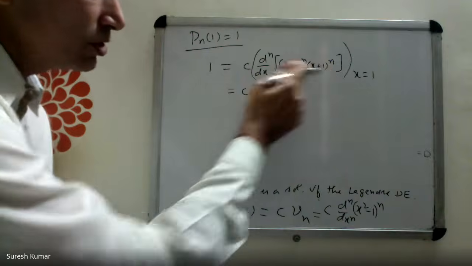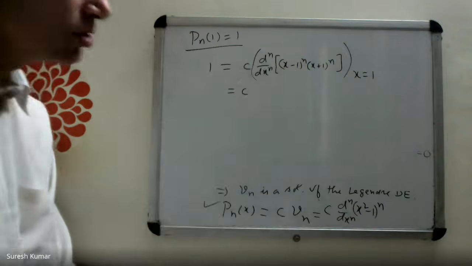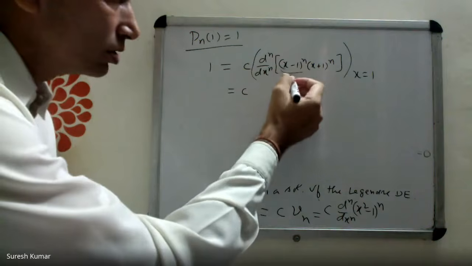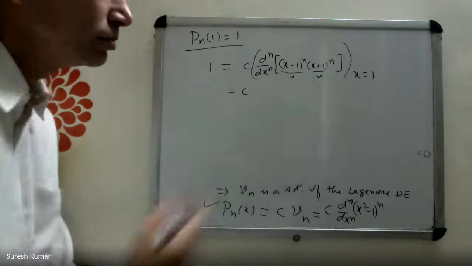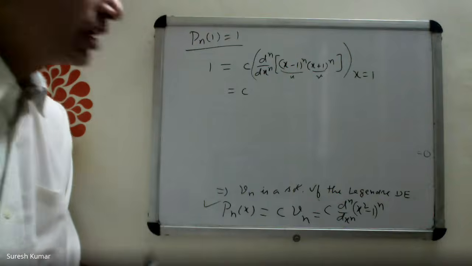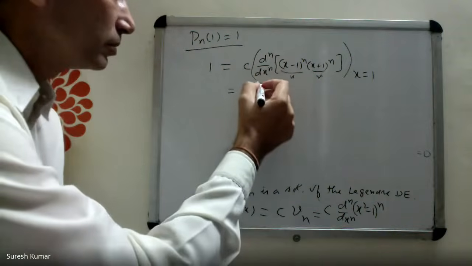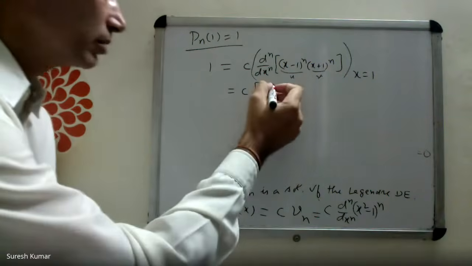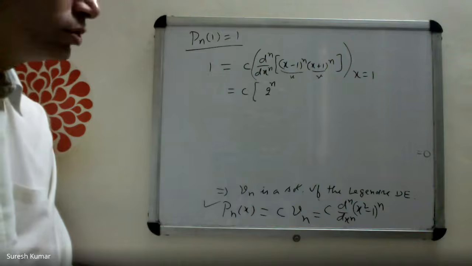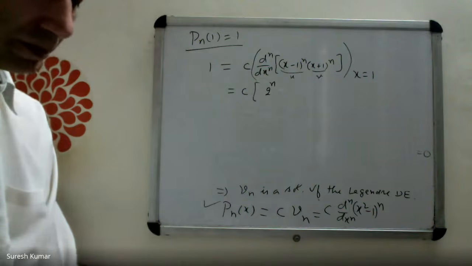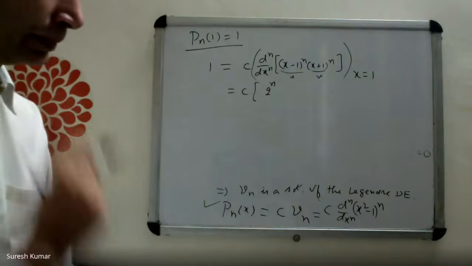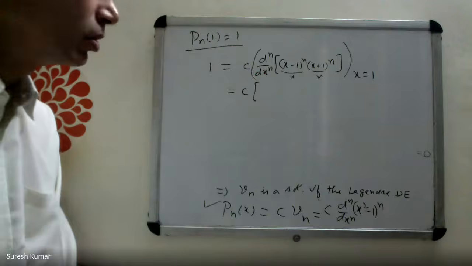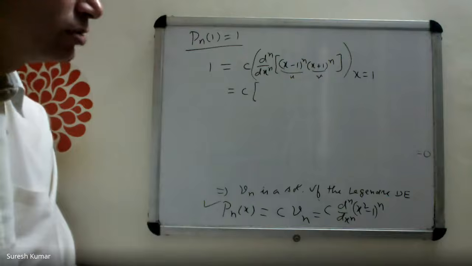Product of two functions, differentiation n times. So how to do it? This is your u, this is your v. The nth derivative of this product means what? Can you tell me? The nth derivative of u with respect to x. Shouldn't there be 1 by 2 power n and n factorial also outside the bracket? No. First, let's do the derivative, then I will tell you the next step.